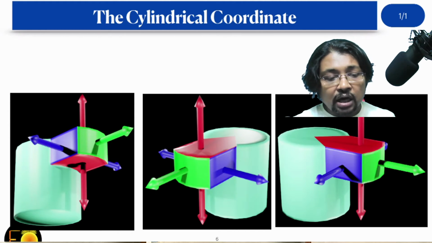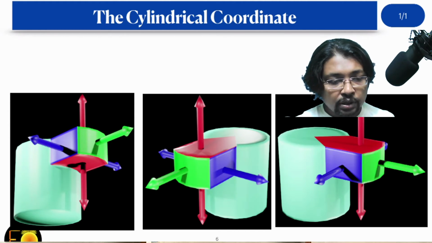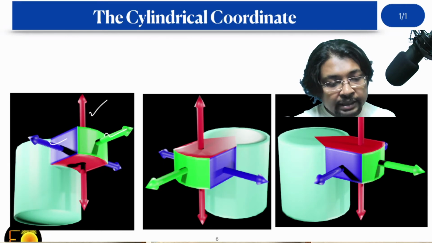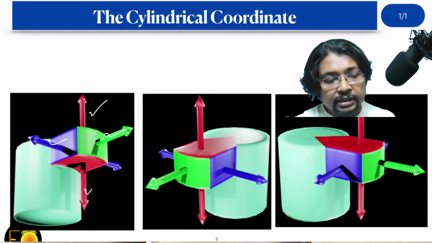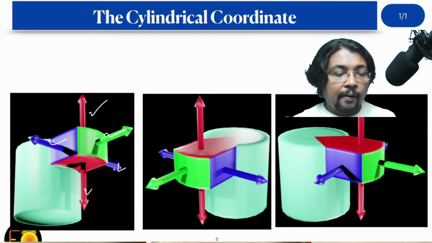The surfaces are defined by its unit normal. So first of all, this one is the top surface, the red one. This one is the side, and this one is the front surface. This surface is defined along the opposite direction of the first one, and this one is also along the opposite direction of the first one. Now